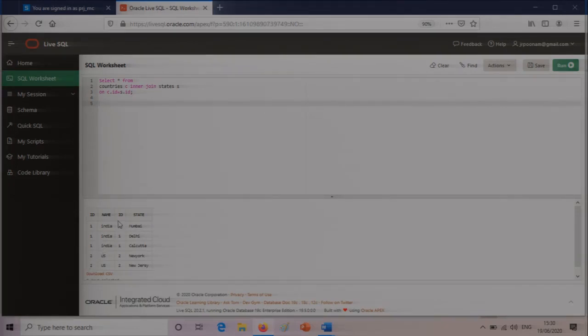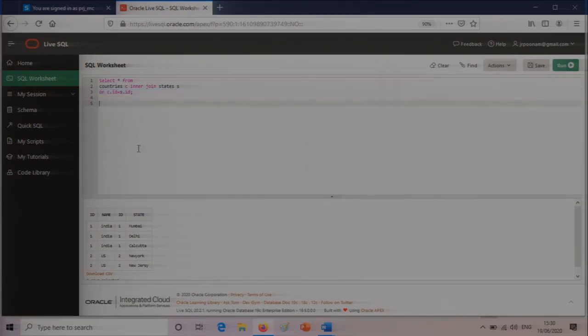Okay, but then here it is not a natural join. The way you write the inner join, you have to specify according to which referential column you want to join the two tables. So you have to specify that ID, whereas in natural join it automatically understands whichever is the common field, and over that it will just try and relate the two tables. So this is the difference.